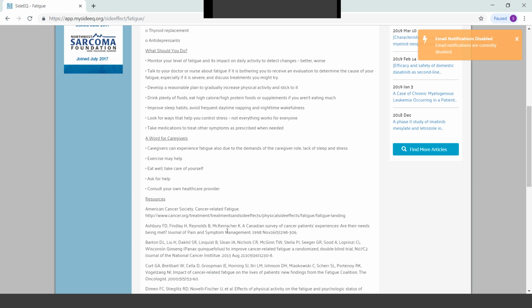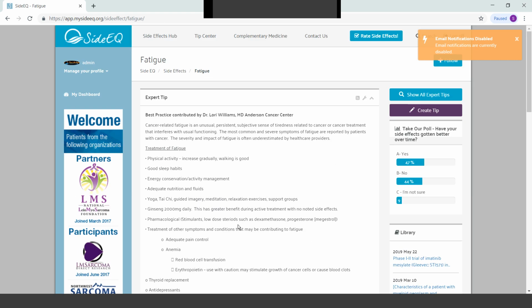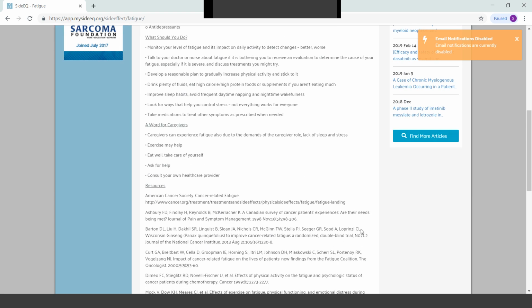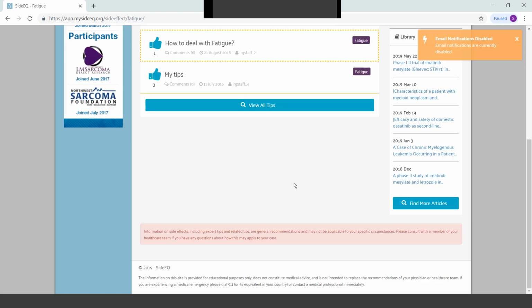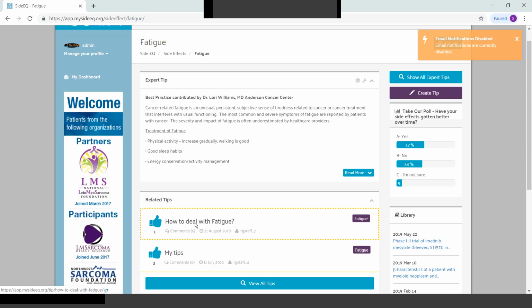And also resources. Now, not all of them are this elaborate, but we do have, for every one of these side effects, tips like this. Now, this is the expert tip, and you'll also see underneath that there are posts that come from patients and caregivers, and they can ask questions themselves. So this is something where you can immediately interact with other people on the site and ask them, hey, has this worked for you? The classic one is, I have nausea, I've been taking dark chocolate,